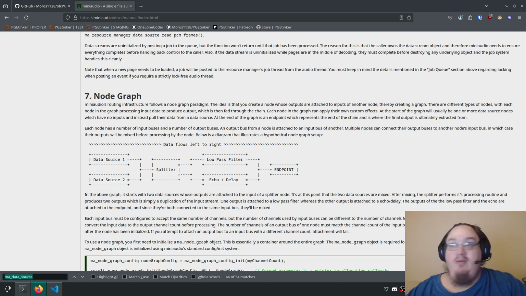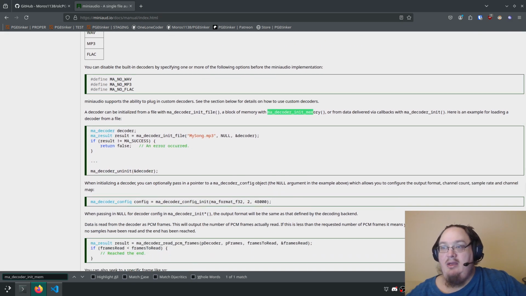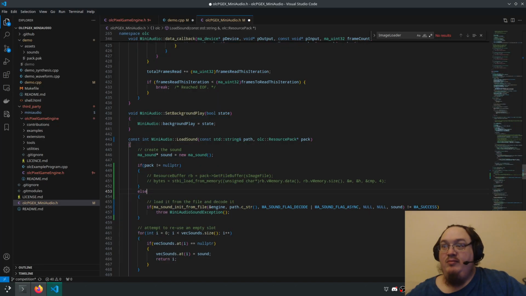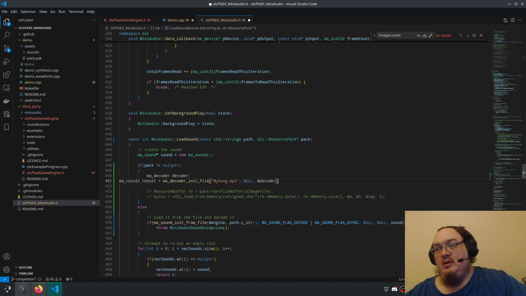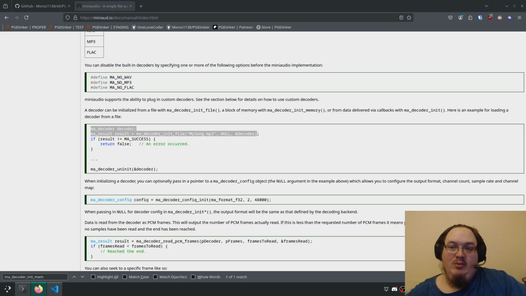All right, so we want the MA decoder, init memory. And we want init memory.